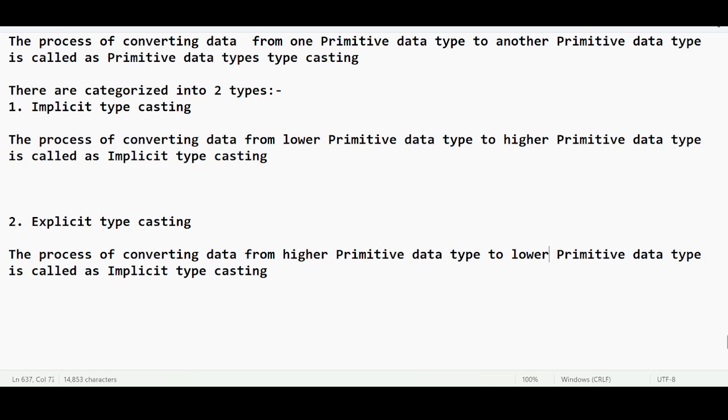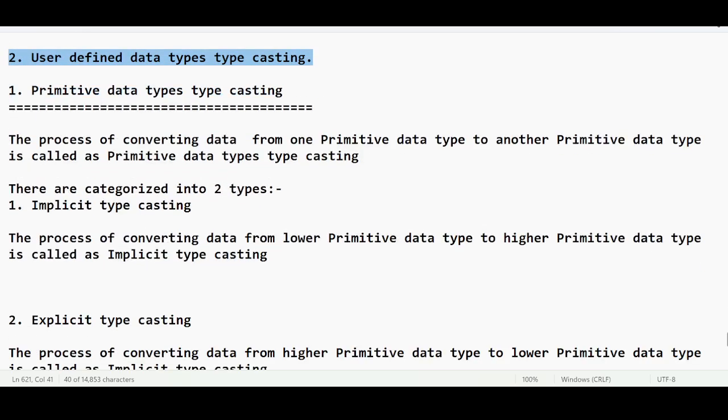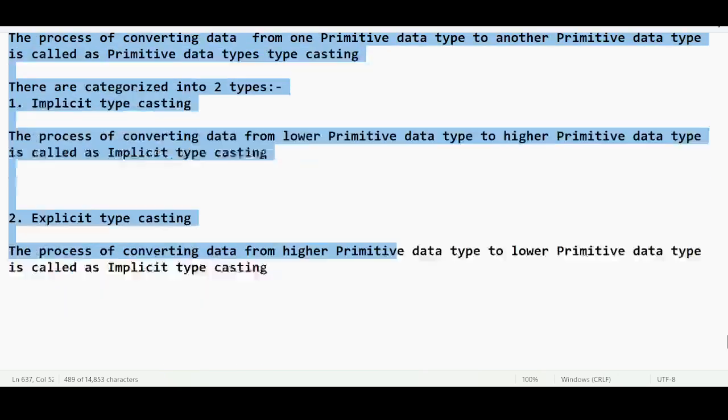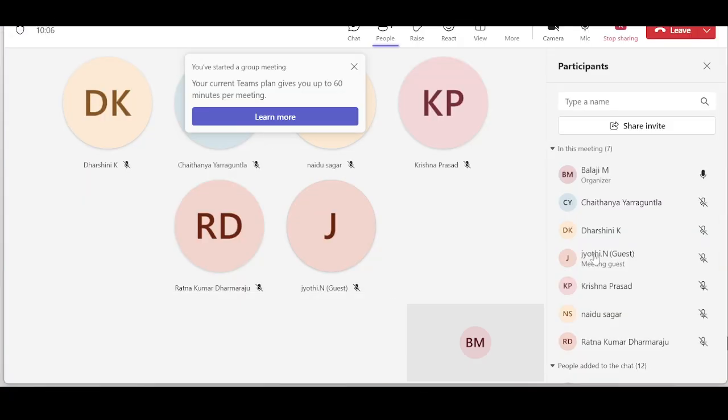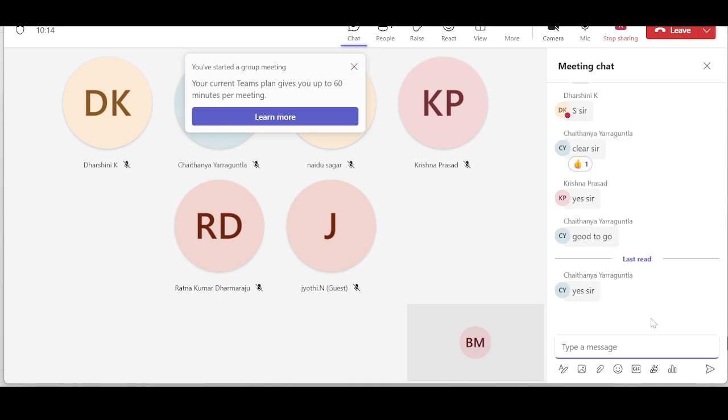The reason I am giving this much explanation is that we have to discuss user defined data types. Before discussing them, I am giving you a foundation level introduction to primitive data types, which has been discussed already. Do you remember this topic, typecasting?